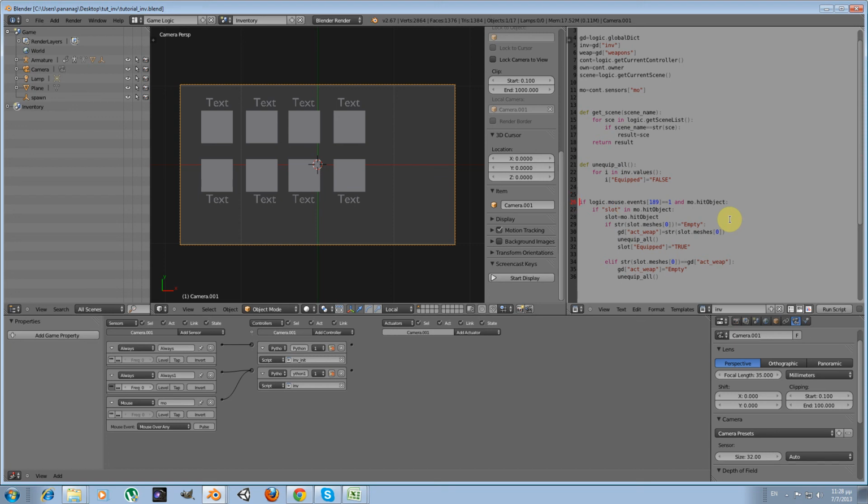Okay, let's review our script. First, we check whether the left mouse button was clicked, and whether there is an object under the mouse cursor. In this case, we check whether the object beneath the cursor has a slot property. I'm assigning a slot variable which takes the value of the object that was under the cursor, and we check for two conditions. First of all, whether my slot is not empty. In this case, we are going to equip the weapon,